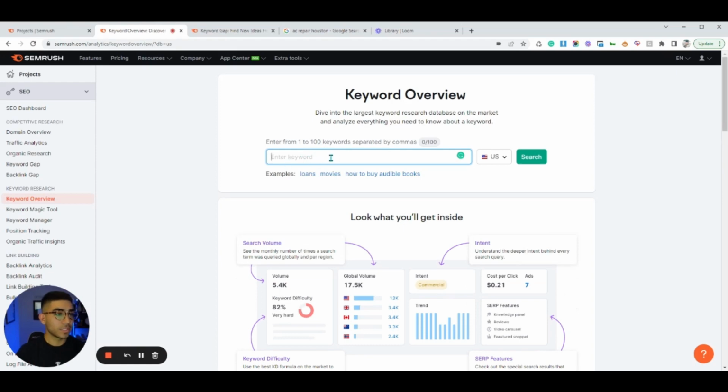And then here where it says enter keyword, you can enter several different keywords if you want to do a bulk analysis, but I'm just going to go ahead and just use one. So we're going to just type in AC repair